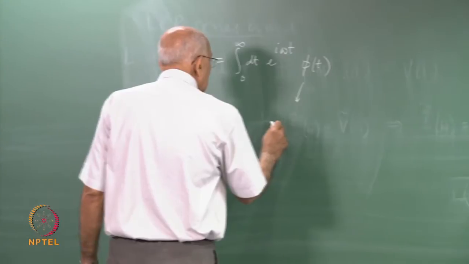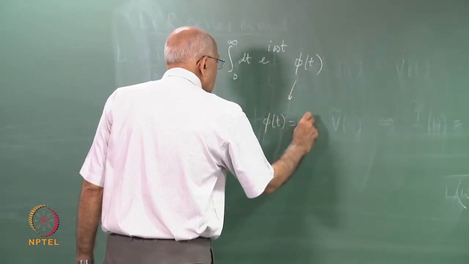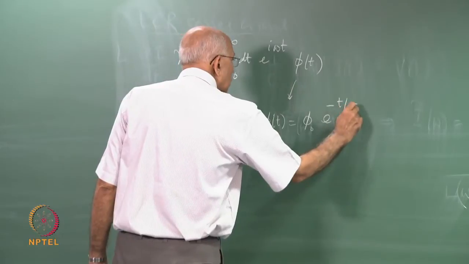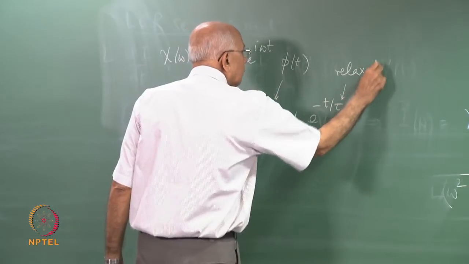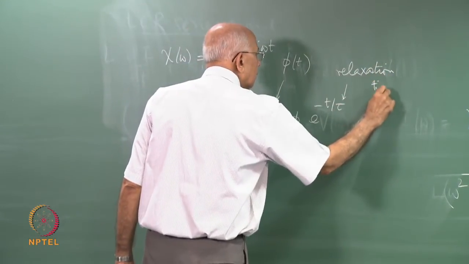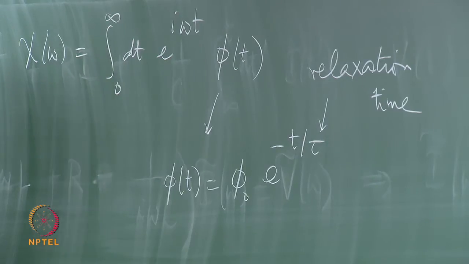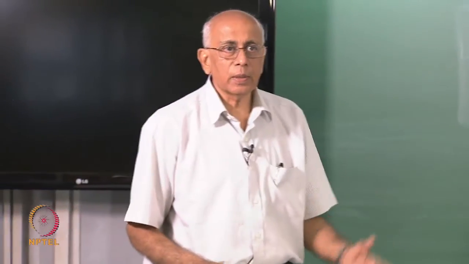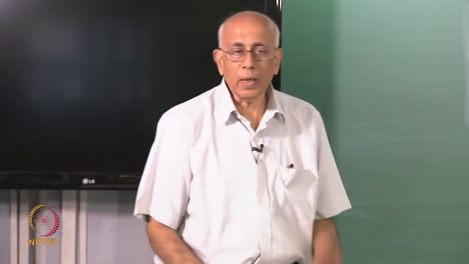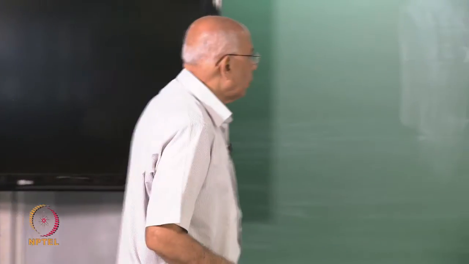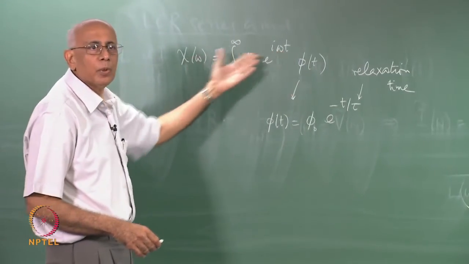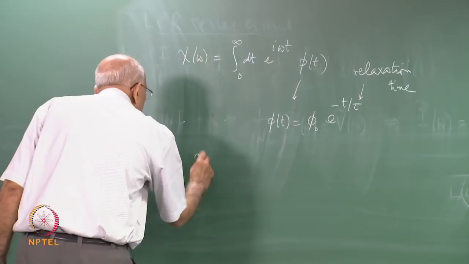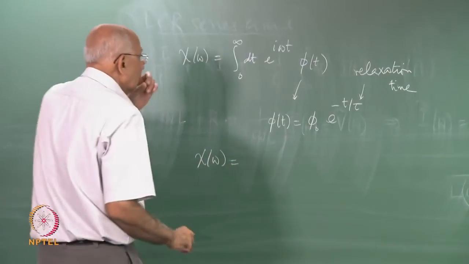So for instance phi of t could be equal to some constant phi naught e to the minus t over tau, where this tau is called the relaxation time. What happens then? A lot of physical systems in the first approximation would behave in this fashion with one characteristic relaxation time. This problem can be solved completely because you can now put this phi of t in here and compute what this thing does, and then chi of omega is equal to, well, if I put e to the